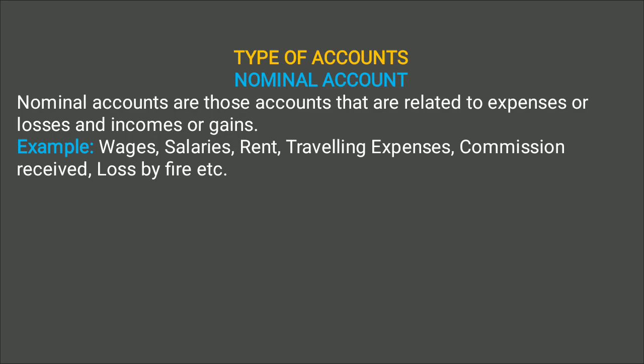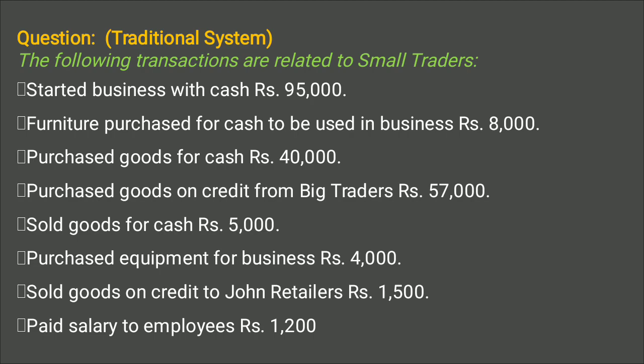Okay. So here we have to discuss on the basis of numericals how we have to identify the rules of debit and credit and how we have to record the transactions. First, the very important thing, we have to check our transaction. Here we have some transactions in which first we have started business with cash rupees 95,000. So on the basis of that question, we can imagine we have started business with cash.